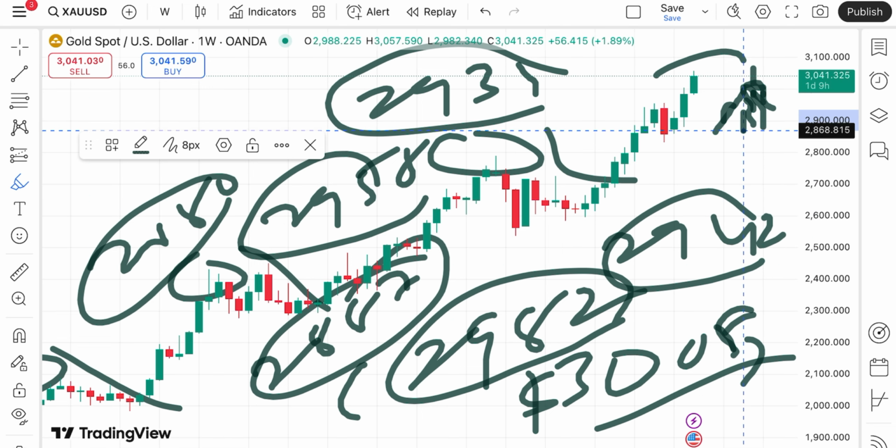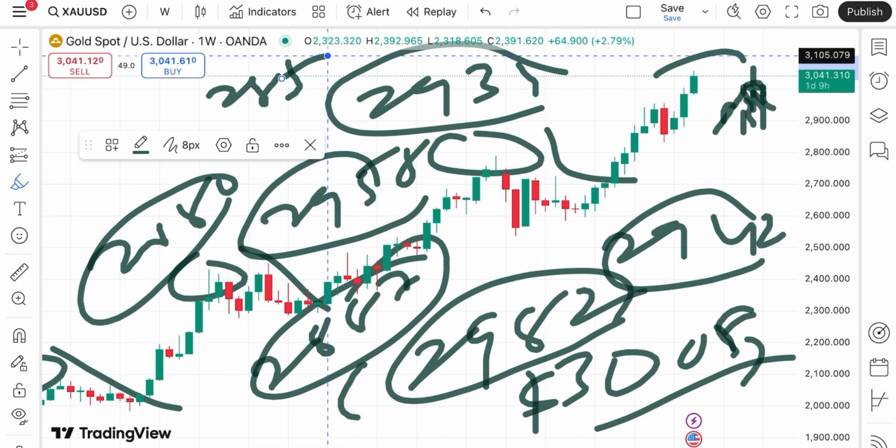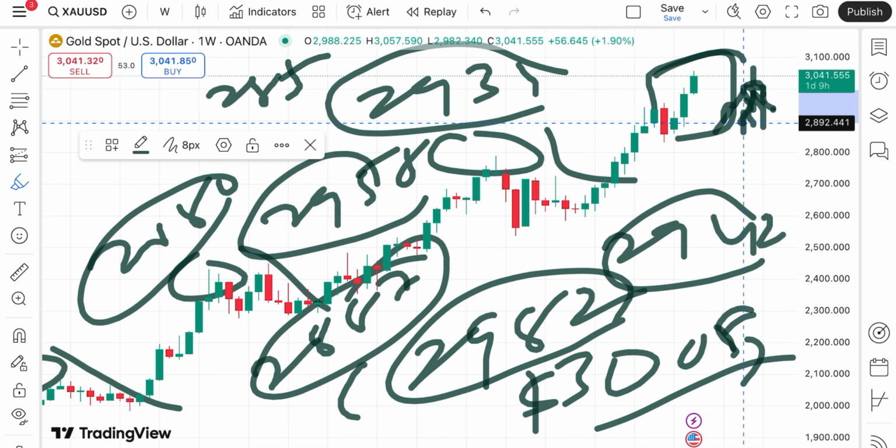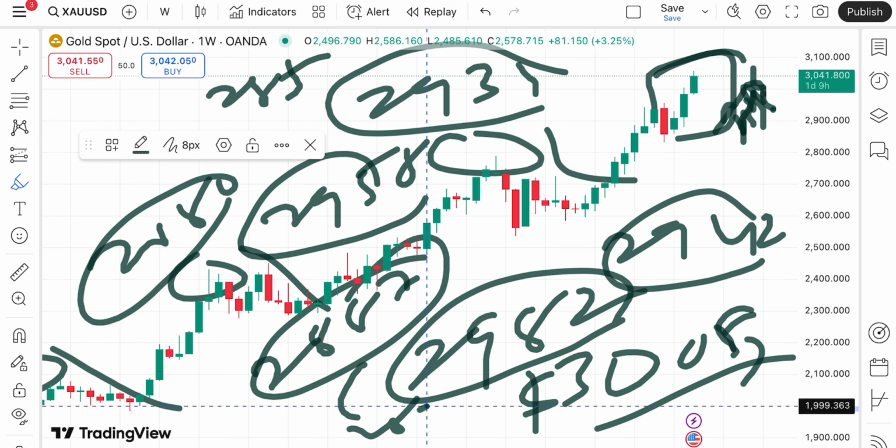Okay, and if that didn't sustain, a further fall we can see towards a level of $28.59. Okay, and then a further downfall we can see, because there are 3 green candles forming. So if the price started falling below $28.59, a further downfall we can see, because from the last 3 weeks we have seen the price come to this level, so chances are high the price can touch a level of around $28.31 and then further low.